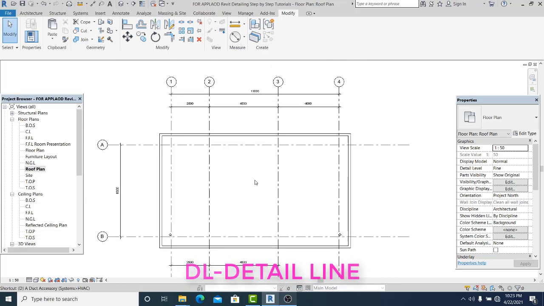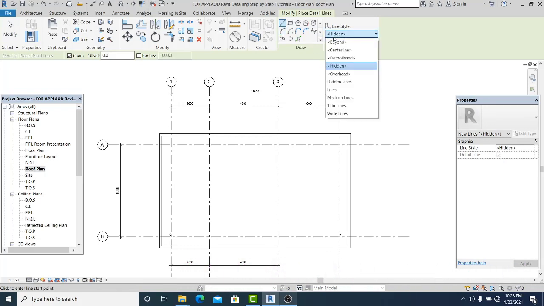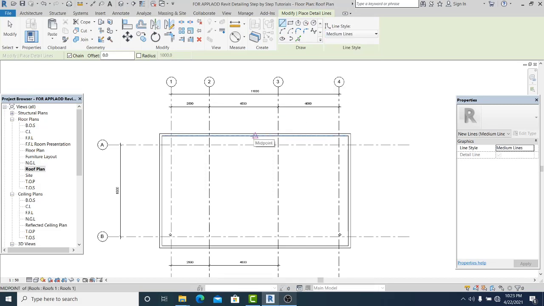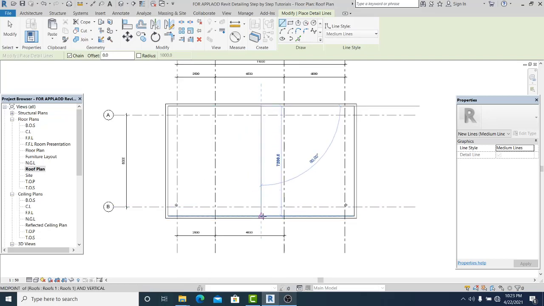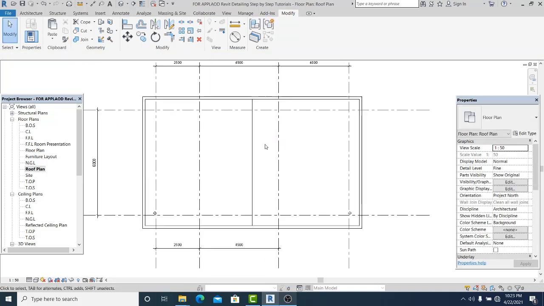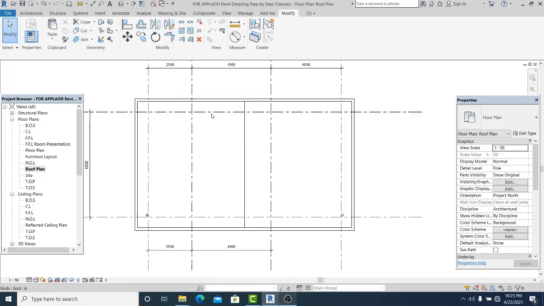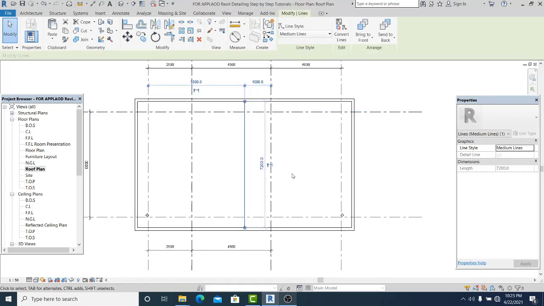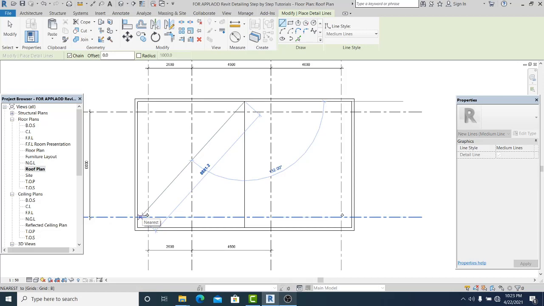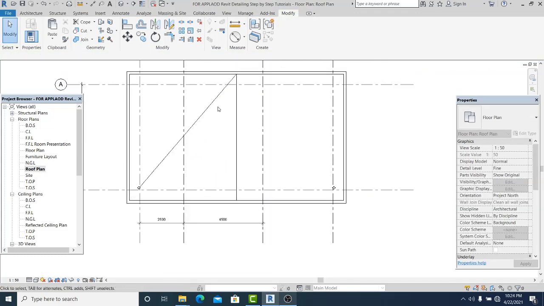So DL is the shortcut. I only use the detail line for this roof, because I need to create a family representing the roof drain. But here I just simply place a detail line. Okay, so now select this one, create similar. I just simply use the line again, pointing to the rainwater pipe,